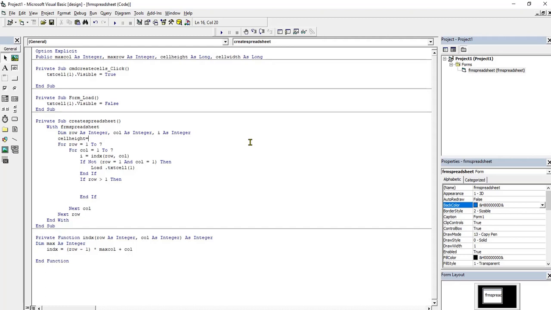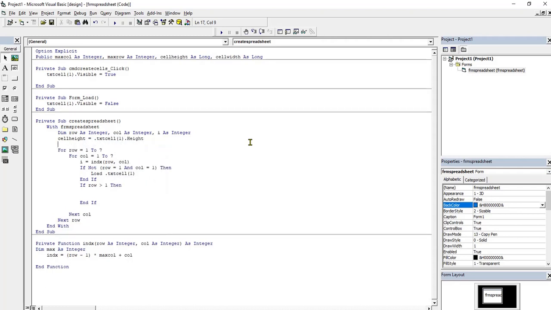I will say this is equal to, not dot, txt cell bracket open and close, this is 1 dot height, then cell width is equal to,